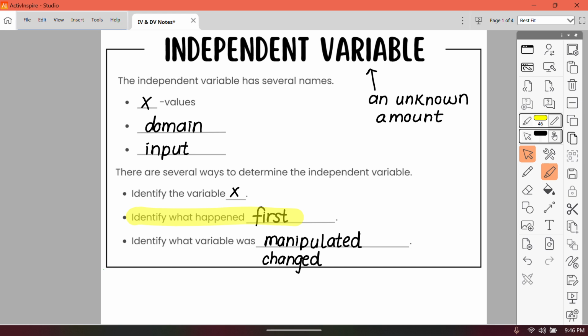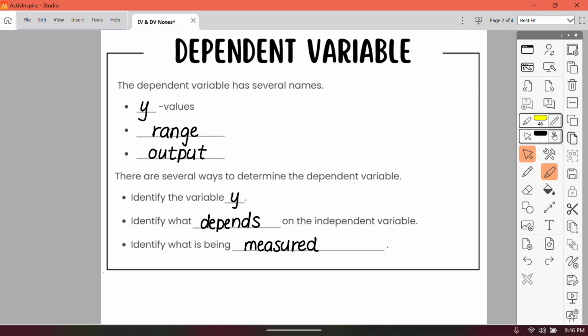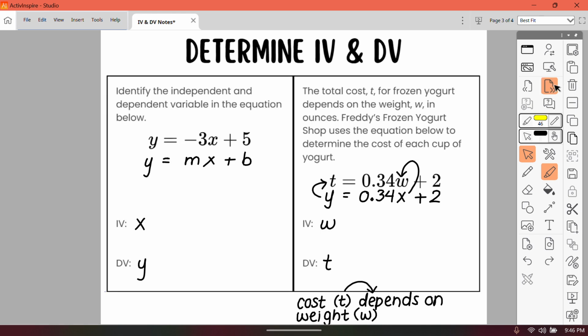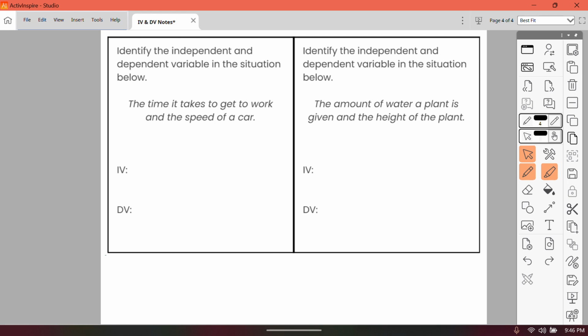Okay, we're talking about what happened first or what was manipulated, what was changed. So if I'm in control of this problem, what did I change? When we're looking for our dependent variable, we're talking about what depends on the other or what are we measuring. Okay, so let's go back and have a look at these and try not to mess up the program anymore. All right, the first one, the situation says the time it takes to get to work and the